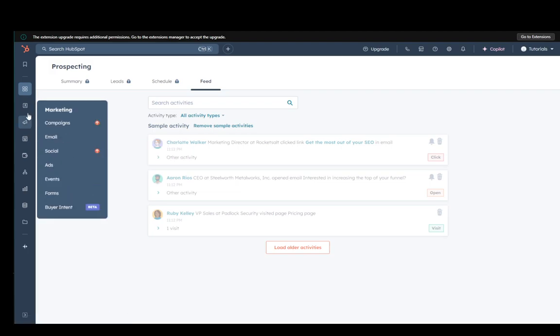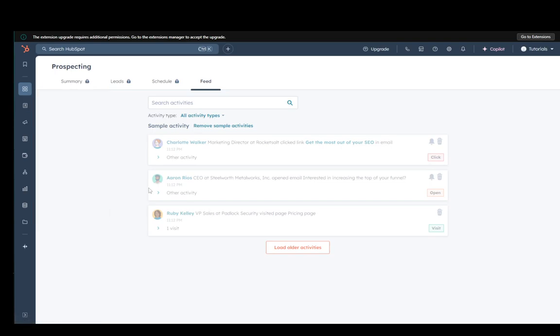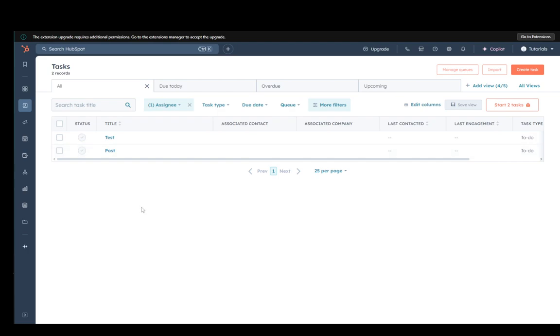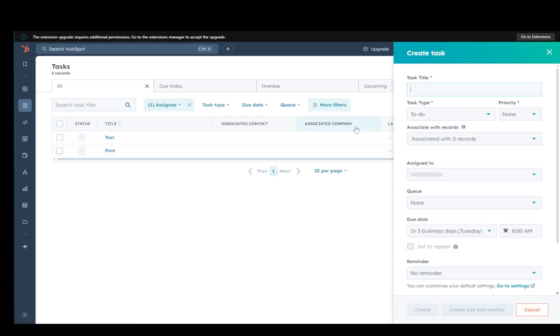Now, the way you do this is you go into the CRM tab and go down into tasks. Once you're here, then you can go ahead and create new tasks, and you're most likely going to be creating tasks for posting videos, for posting other posts, ads, etc., and you can use this to be able to manage it. Now, what you need to do is to create a new task, and for this you need to add